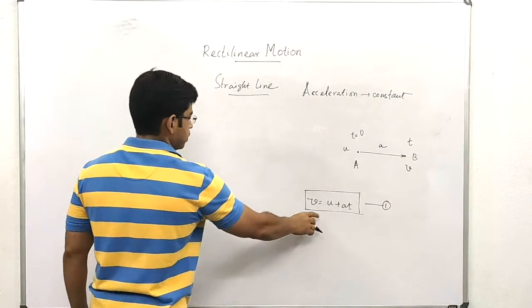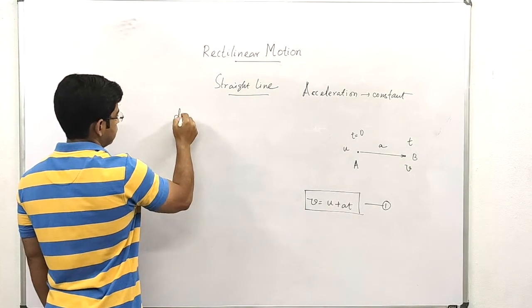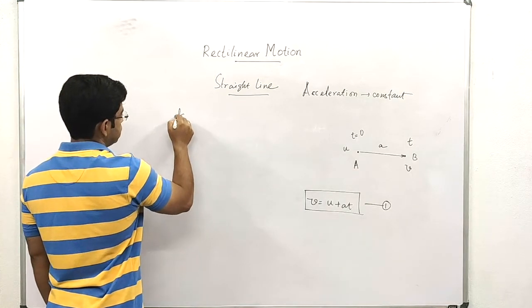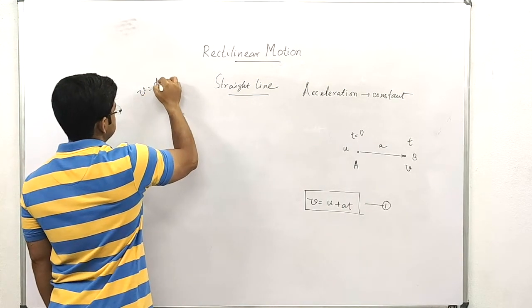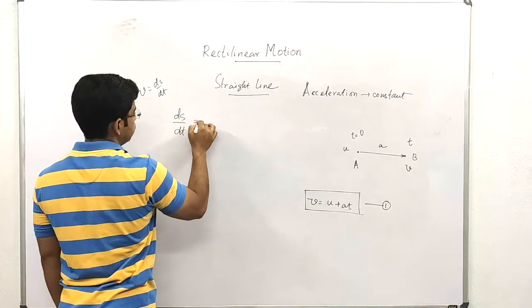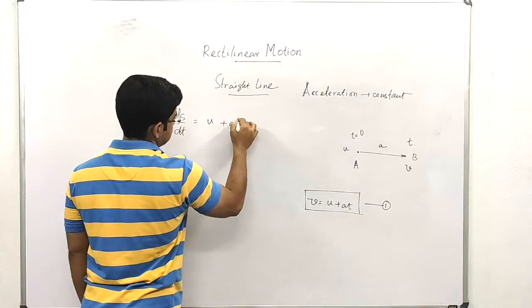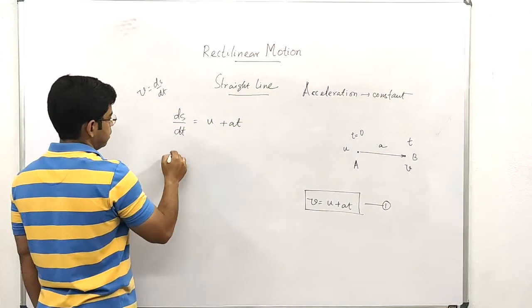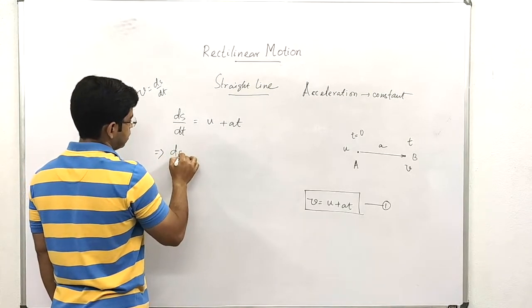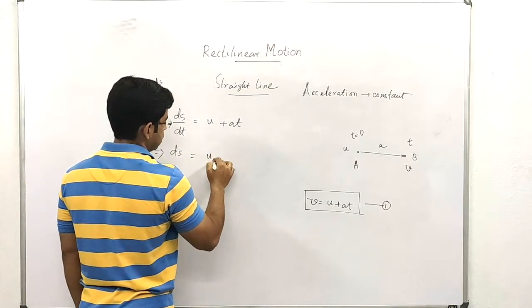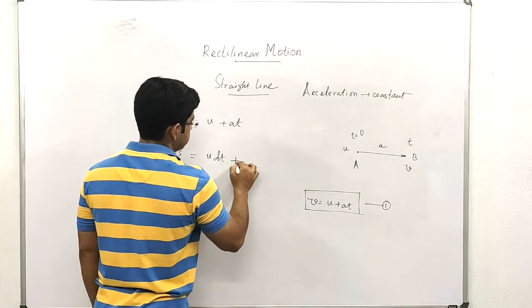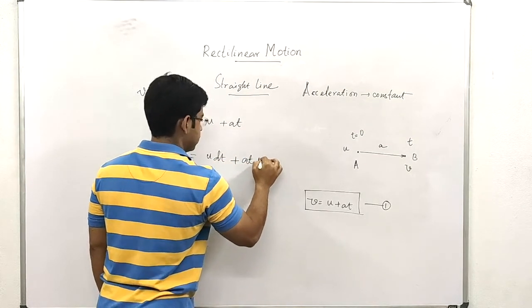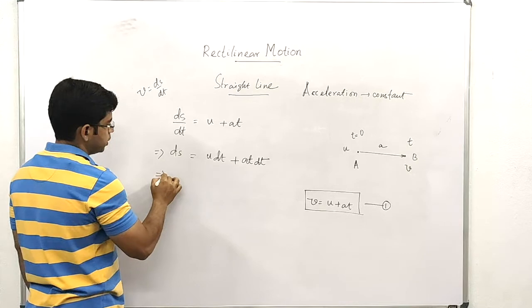Again, we can write this equation as v equals to ds dt equals to u plus at. Rearranging, we will get ds equals u dt plus at dt. Again, integrating